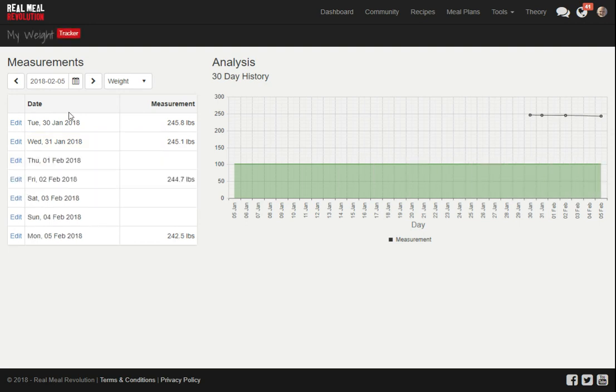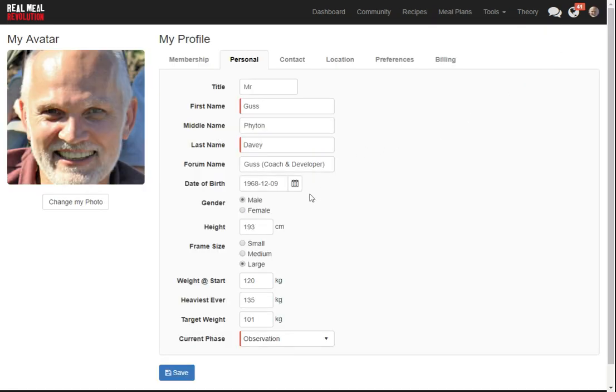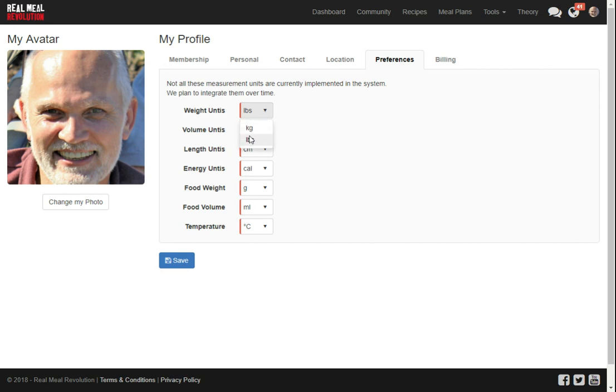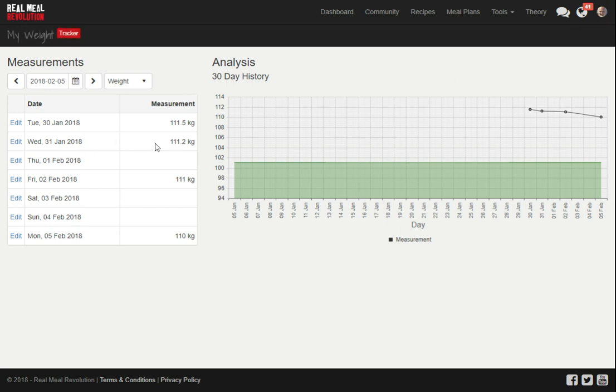And it converted it to kilogram, stored it in the database, and then brought it back to the screen, converted it back to pounds. So if I switch back now to 245.1 on the 31st, take it back to kilograms, and now it doesn't have to do any conversions. There we go. Converted that. Okay, now if you go to your dashboard